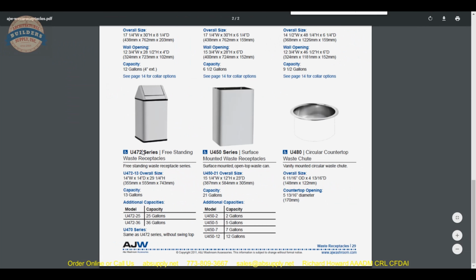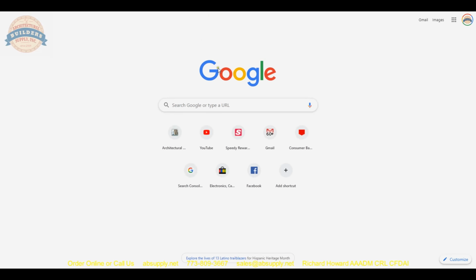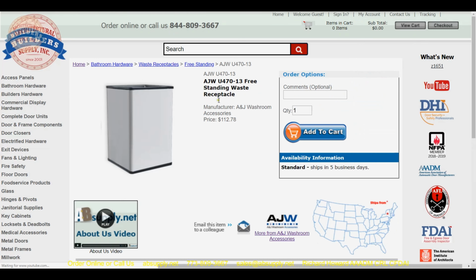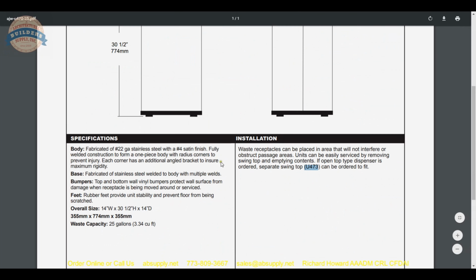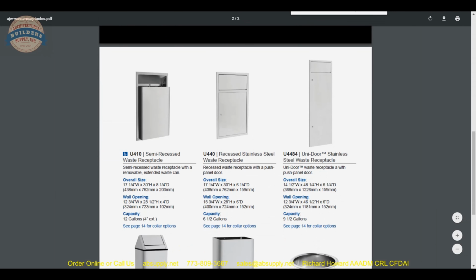But it appears that our U472, we should have a U470-13. Yeah, there you go. So we've got 13, 25, and 36, and that U473 will fit either the 13 or the 25 gallon. Okay, so that does clarify what we're dealing with in terms of that swing top that's mentioned as well. So in the two-page catalog that we have,